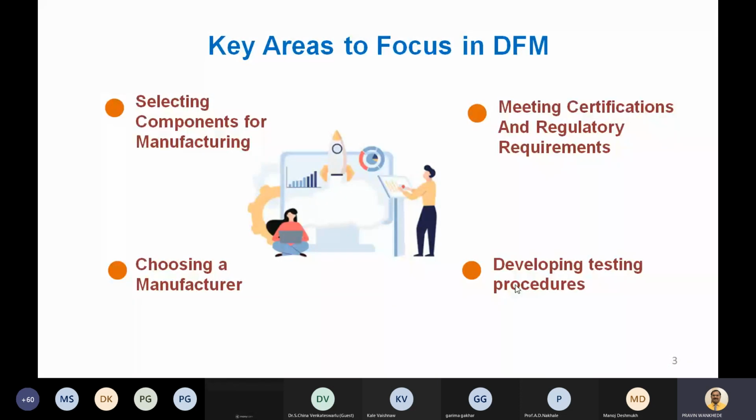Otherwise, you develop your product and then think, oh, these are some of the procedures I have to test. Then your quality assurance team doesn't know where to test the product. Suppose manpower is available to test your product, but there is no test point available on your PCB. How is it going to be manufactured? We are not going to be able to test that product after the assembly line.